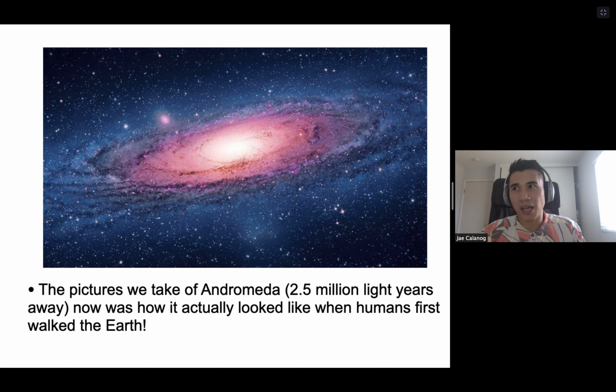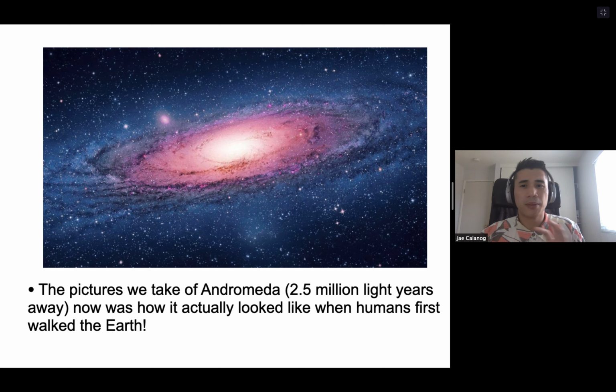So there are some major implications with having a finite speed of light. That means that if you're looking at Andromeda, right, if you see a picture of Andromeda, which this one is actually a picture of Andromeda, this is 2.5 million light years away. So that means that whenever you see a photo of Andromeda, a live picture of it, that's actually how it looked 2.5 million years ago, because light had to travel 2.5 million years to get to your eyes. Okay, that's what that means.